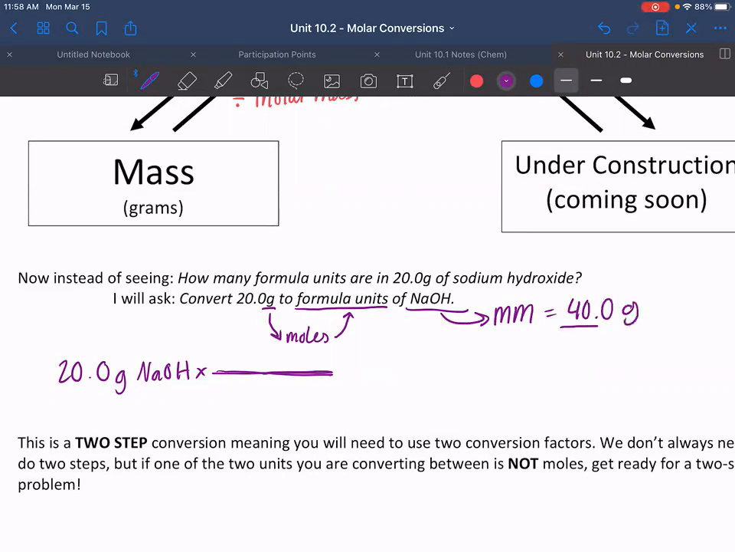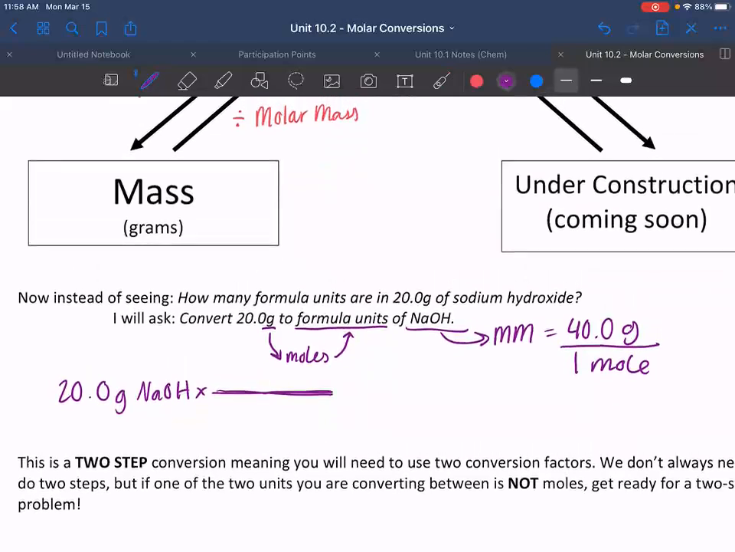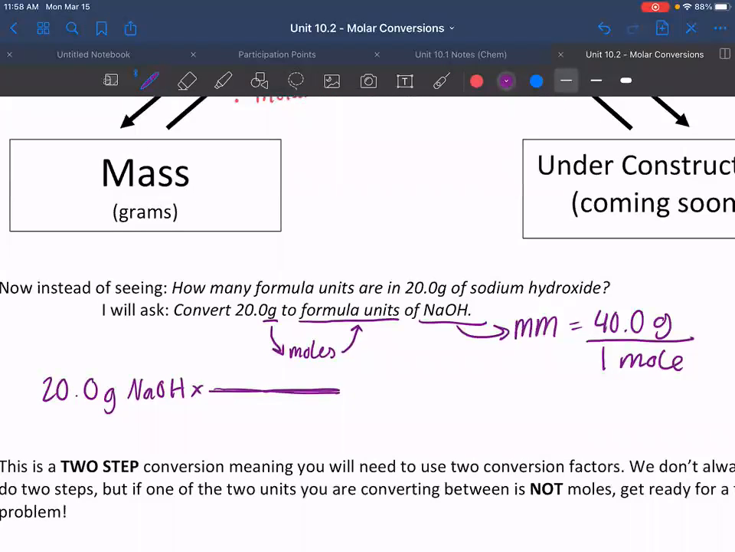Remember, grams divided by 1 mole. So when we say we divide by our molar mass, that means the number that is a quantity, so whatever goes with grams will go on the bottom. We're dividing by that. So dividing by molar mass means we're dividing by 40. And then that means we have our 1 mole left over. So in reality, we are flipping that conversion factor. So when I say divide by molar mass,